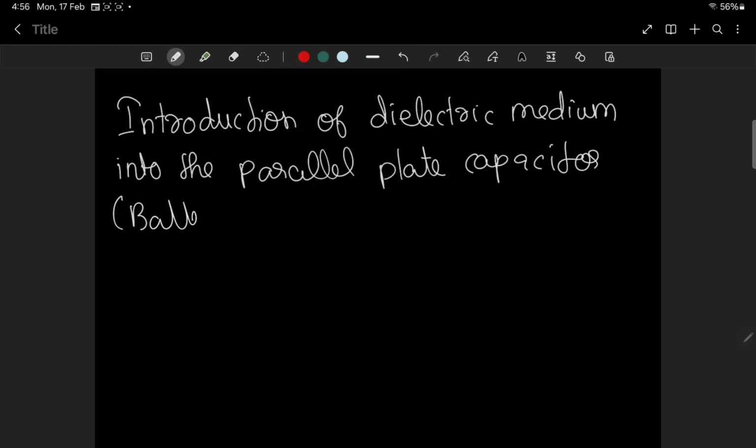Battery is disconnected. So when I am keeping a dielectric in between the capacitor plates when the battery is not connected, when battery is disconnected, then the thing is that